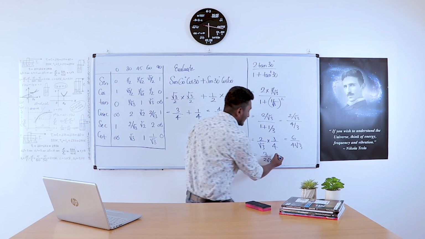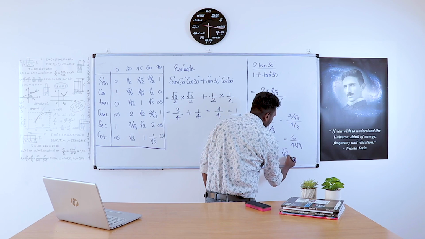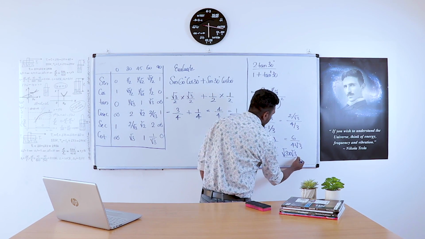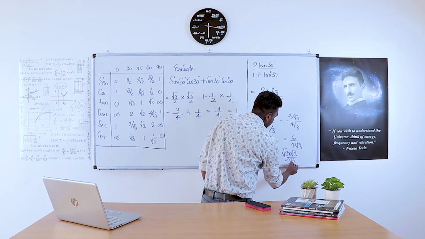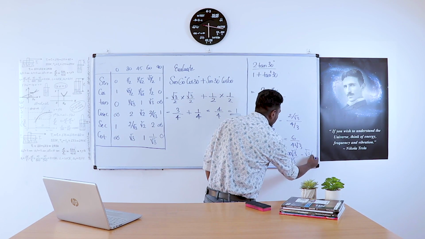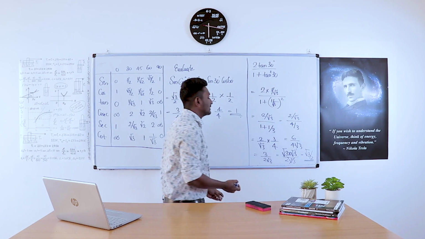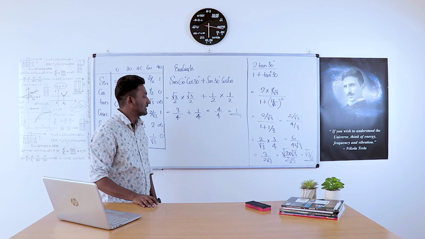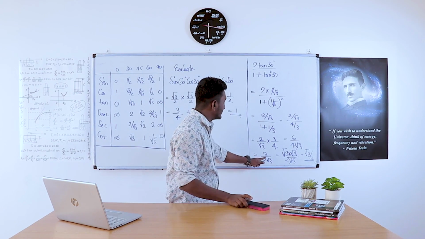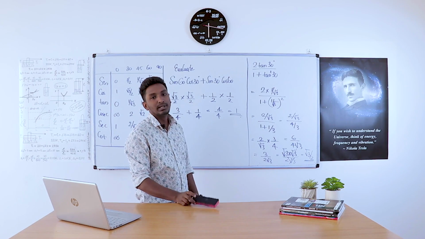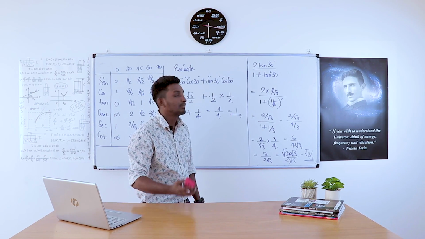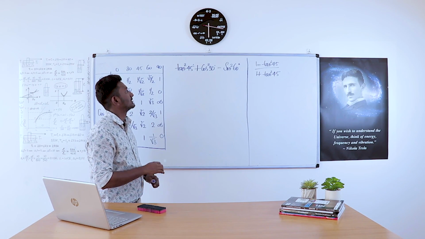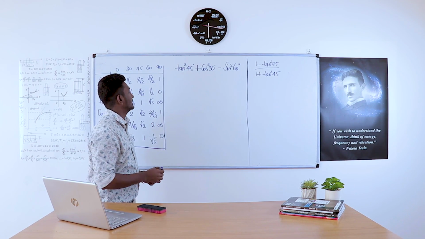Now again it can be simplified: 3 can be written as root 3 into root 3, by 2 root 3. Then root 3 cancels. It becomes root 3 by 2. So the answer is simply root 3 by 2, which is the same as 3 by 2 root 3. No difference. Okay. Next one is evaluate tan square 45 plus cos square 30 minus sin square 60